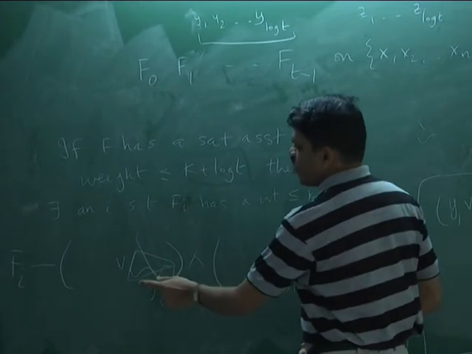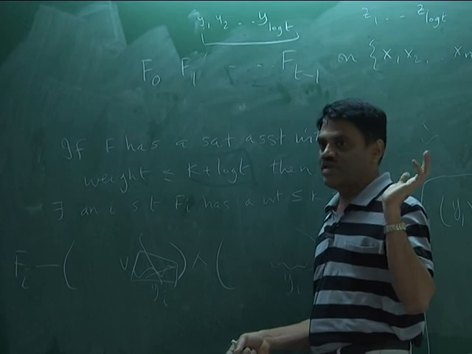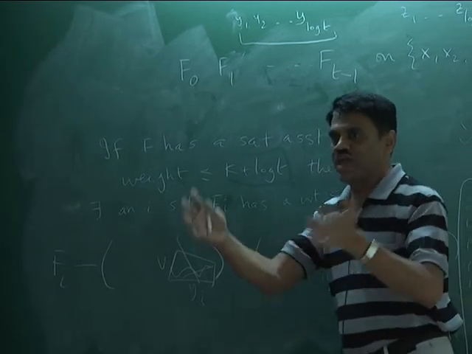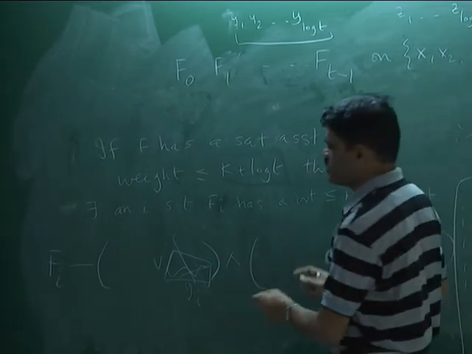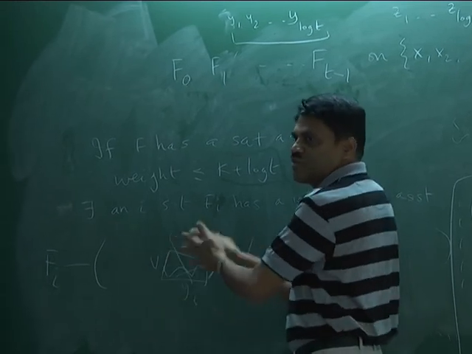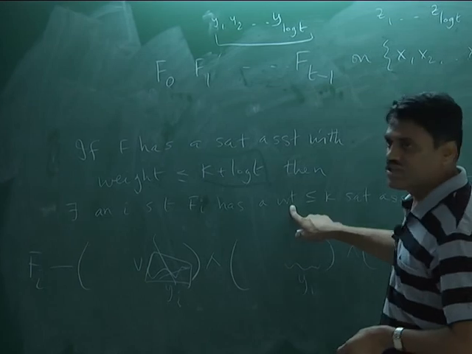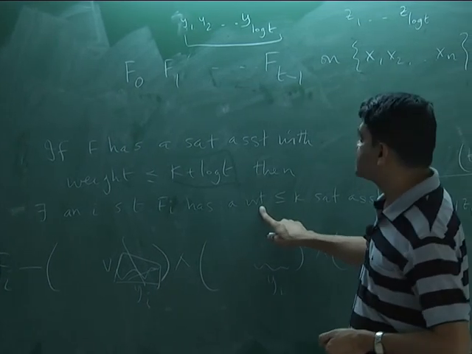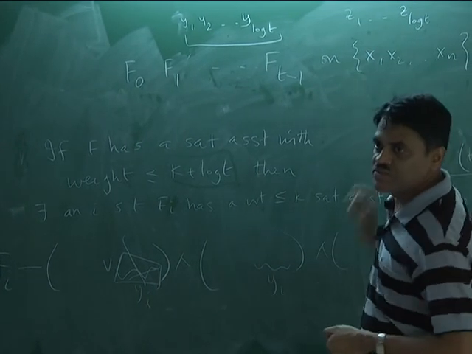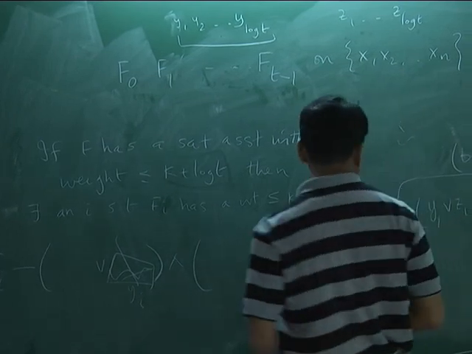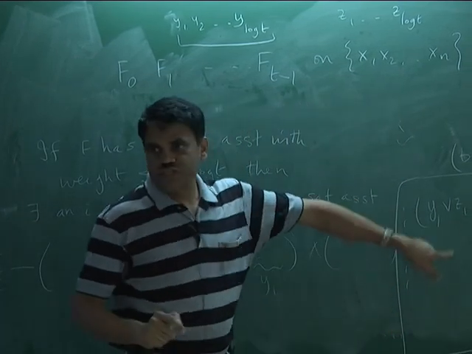Because out of this log t, if everybody was 1, I am happy. Then I am saying weight at most k and I will be done with it. But it's possible that maybe all of them were 0. So, you had a budget of k plus log t still left, then I cannot conclude this. So, what I do is create another set of variables zi's and write down these clauses as well